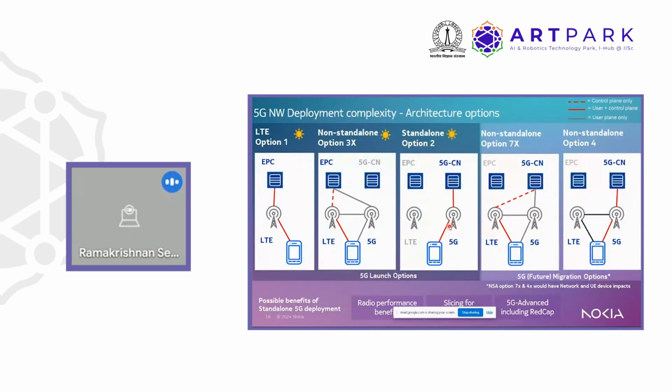What do we gain out of 5G standalone are primarily certain radio performance benefits. And then if you look very specifically, slicing is more improved when you go towards standalone. It is not that it requires standalone. Slicing can be done even with 4G or NSA 5G, but it's slightly better off in case we go in for 5G with a standalone option.